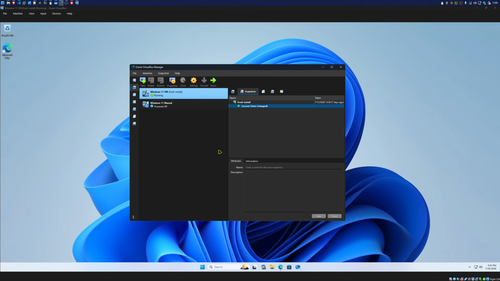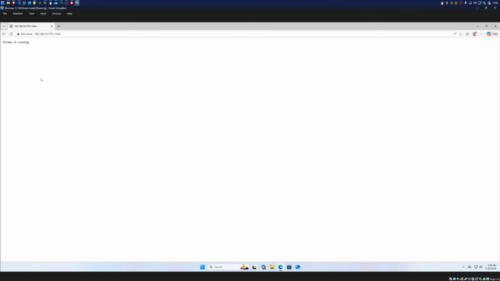If I open a browser on this PC and go to localhost and that Ollama port, it says Ollama is running. That's Ollama's way of telling you the server is up. And if I do the same thing from another machine on my network using that IP address instead of localhost, you get exactly the same thing, which means anything on your home network can now use your models. Your laptop, another PC, whatever you've got.